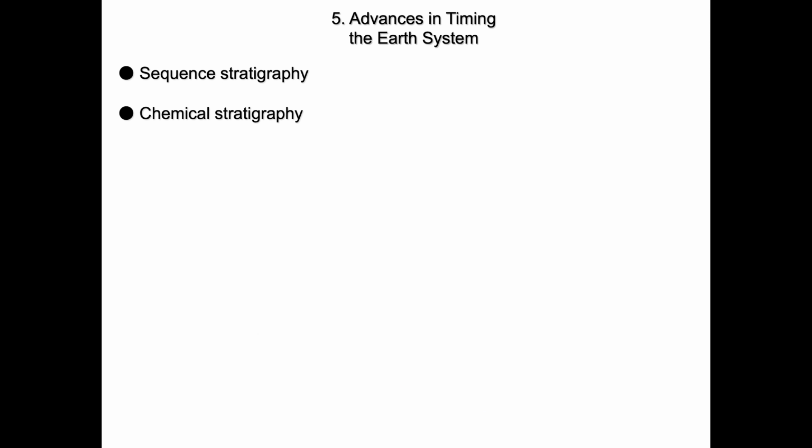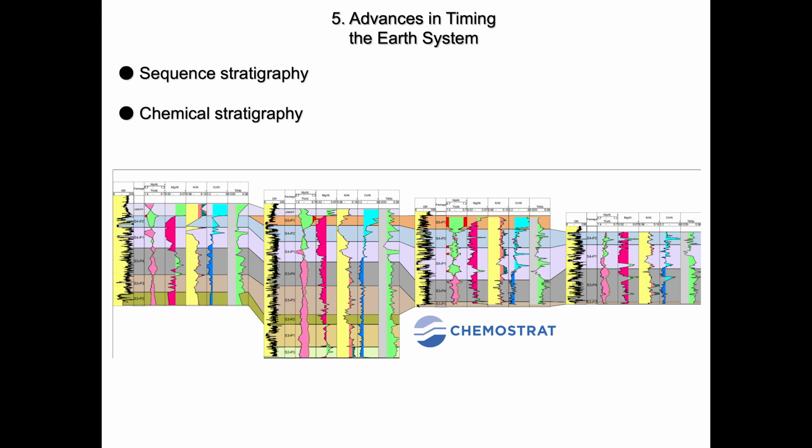Chemical stratigraphy uses the chemistry in a rock sequence to define pretty similar things. In this case, the rock might be monotonous. It might look the same for 1,000 feet. Therefore, you might think nothing changed in that period of time that 1,000 feet of rock accumulated. However, when you take a look at the chemistry, you'll see that maybe a lot of things were going on. And you can use a sequence of rocks described chemically in one location to those of another to tie them together in terms of timing.